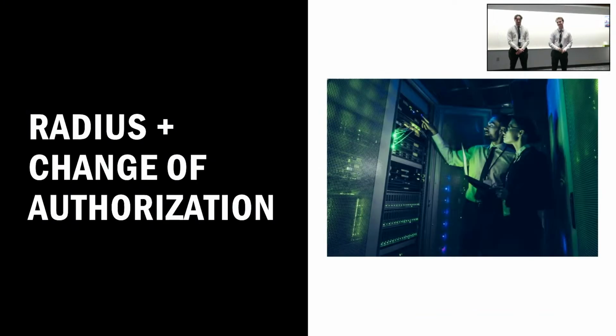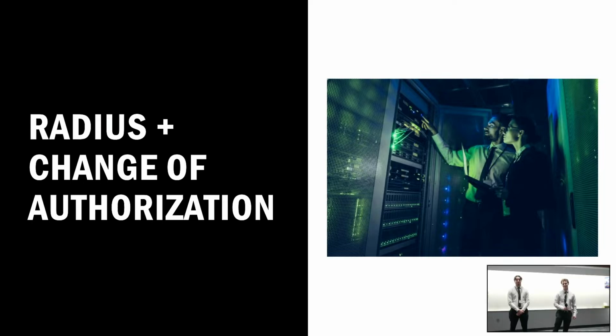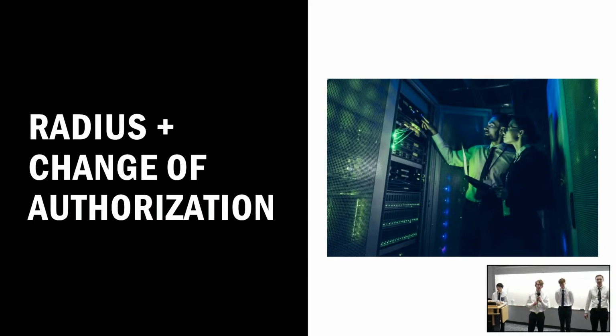All right, next I'm going to be talking about basically what runs our entire network here, which is Radius, and specifically a Radius attribute called change of authorization. Now, I'm sure most of us here are familiar with Radius. It is one of the essential protocols that tools like Cisco ICE use to get telemetry information about our network and make certain changes and authenticate us when we want to make changes instead of just a simple local username and password. However, change of authorization is a special Radius feature that adds some more functionality to our network because